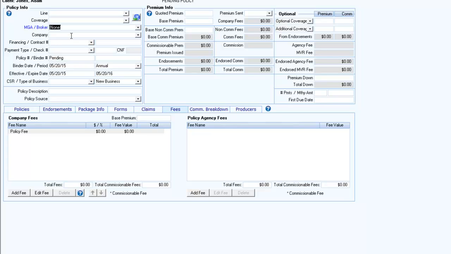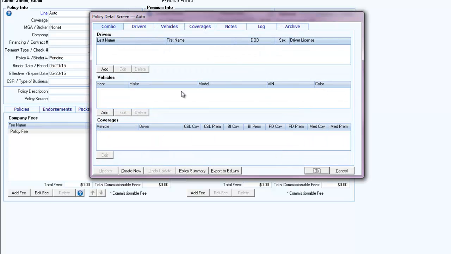Now, before we move on any further, going back to the line of business, the line of business is one of the most important parts of the policy info section, simply because certain lines of business drive your policy detail screen. Personal auto, homeowners, dwelling fire, commercial auto, general liability, business owners policies, BOP liability, and BOP property all have what's called a policy detail screen. So if I wanted to select, let's say, personal auto, I have the policy detail screen here on the upper right-hand side